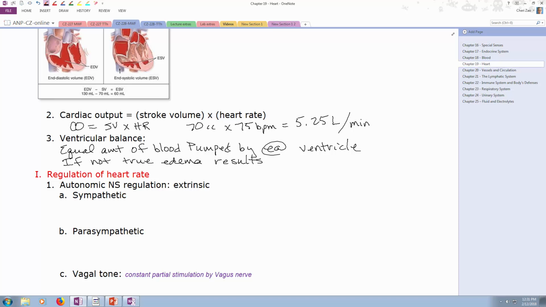If you're still getting filled up from the other side and you're not emptying, that pressure is going to increase all the way and be felt at the most vulnerable structures, which are your capillaries. They can't handle high pressures. And so capillaries leak, that causes pulmonary edema, and that can be heard by listening to the lungs or the